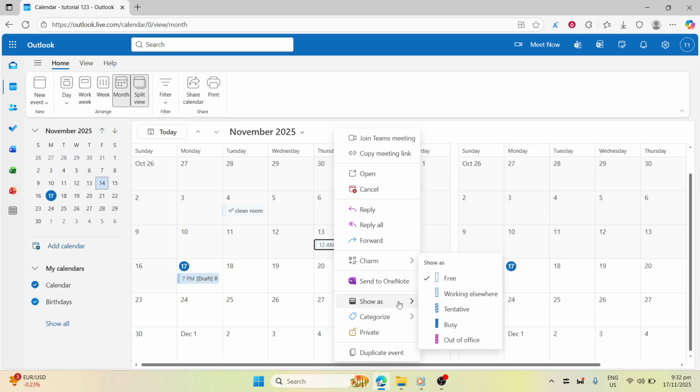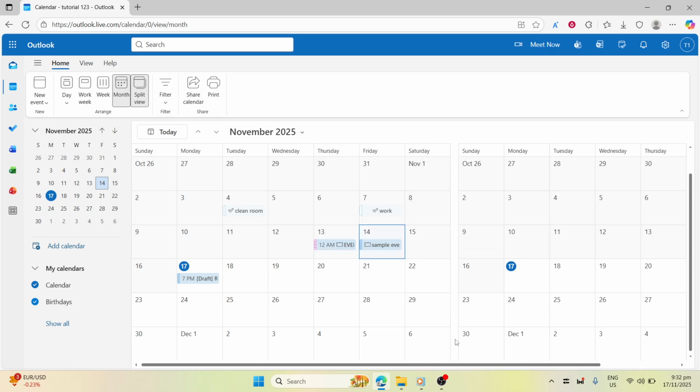Within the Show As menu, you have several options to choose from, whether you intend to signal that you're free, tentative, working elsewhere, or out of office. By selecting the most fitting option, you effectively communicate your availability or unavailability to colleagues and people who might be scheduling meetings with you. Concluding this task is straightforward. Simply select your desired status and then be sure to click either Save or Send Update to ensure the modification